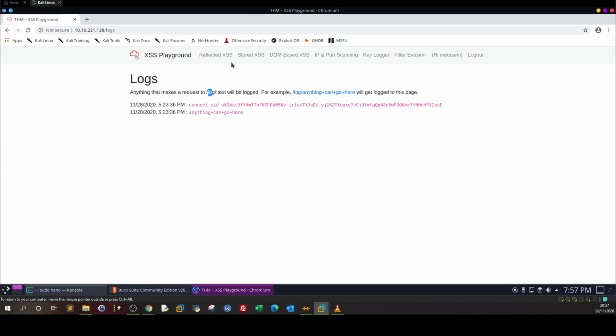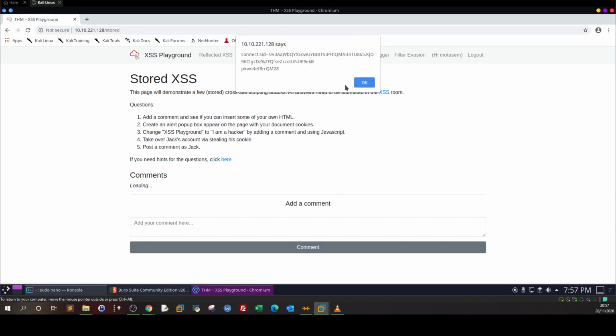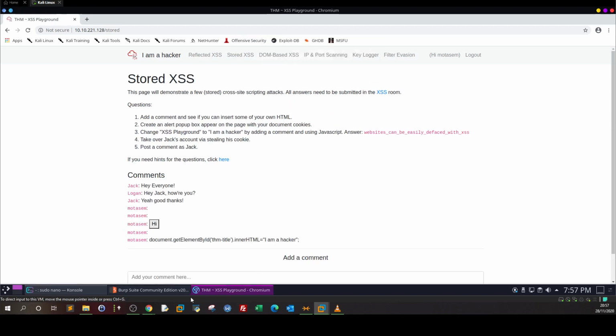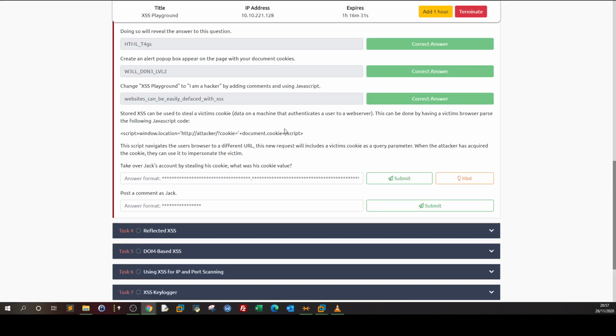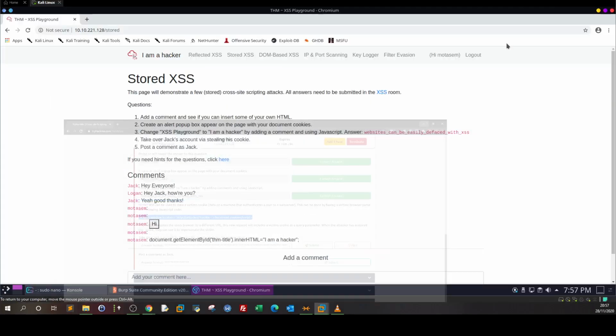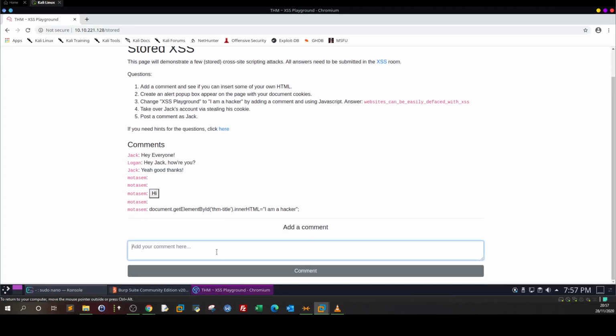How the attack works: if we get back to stored and we take the IP address or the payload. This is the payload actually. So we head back. This is the vulnerable box. That's how you do it. So script window location here will be your IP address. So in our case,